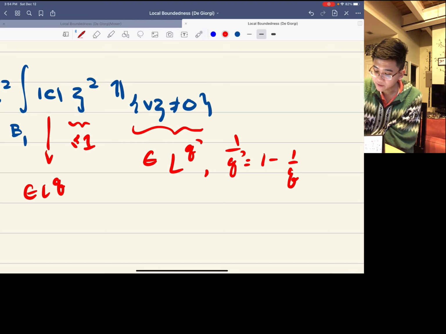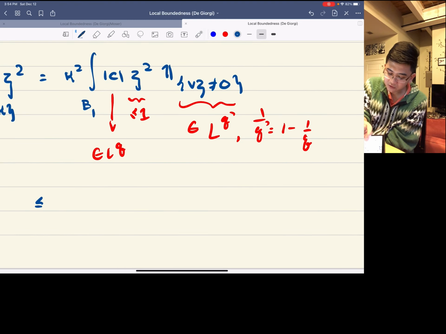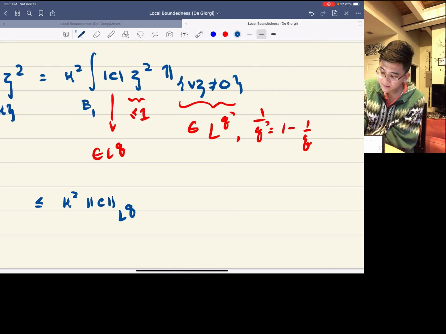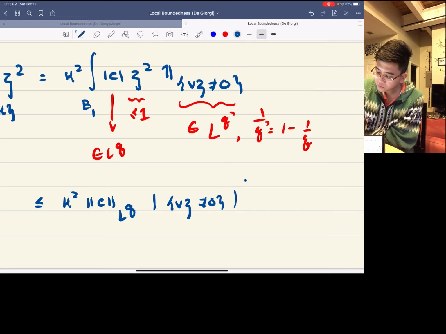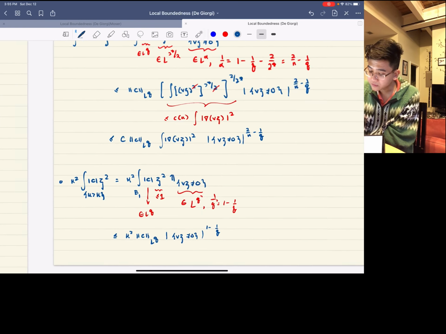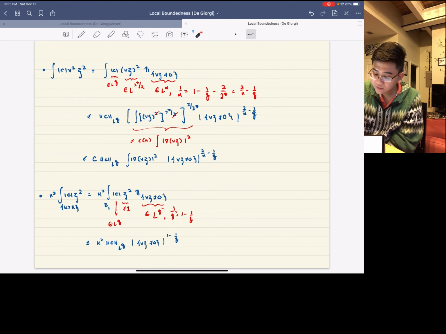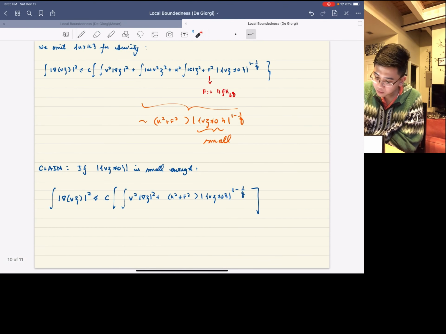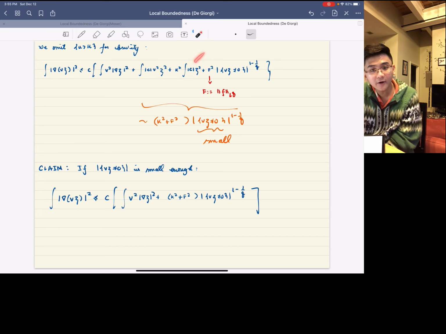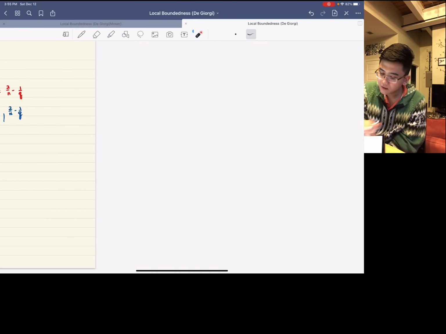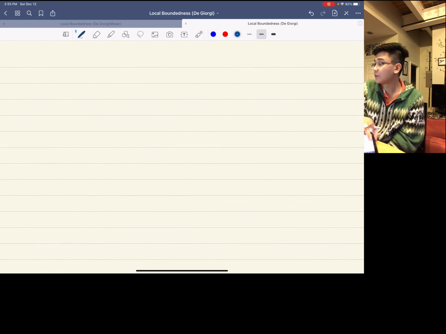So this is less than or equal to k squared times the L^q norm of c times the measure of v zeta not 0 raised to 1 minus 1 over q. Combining this and this, you put it here. So combining everything, we get